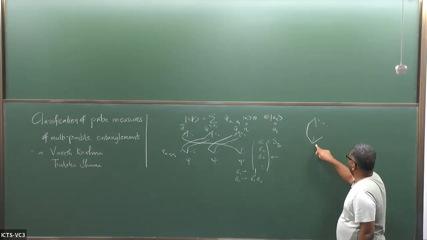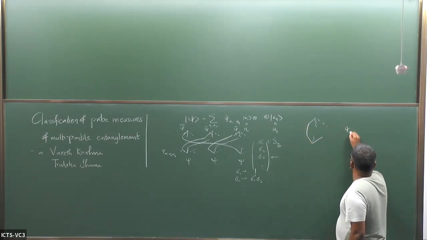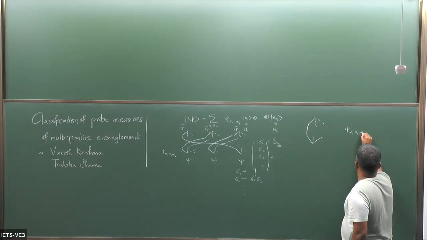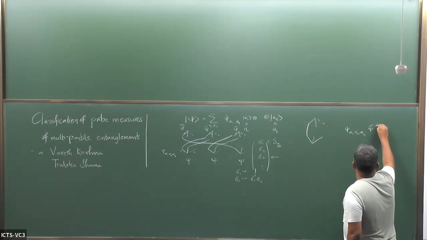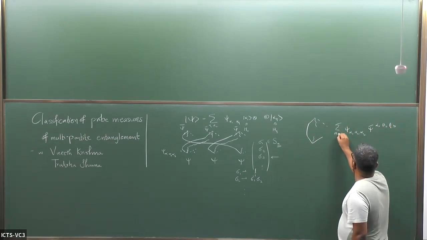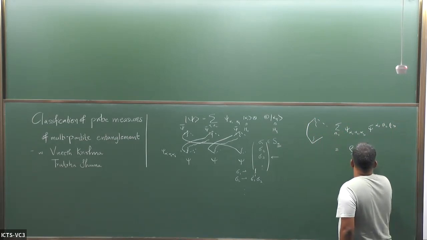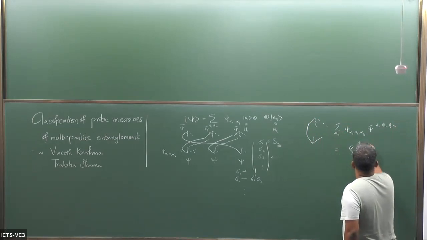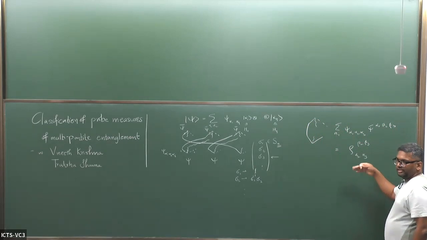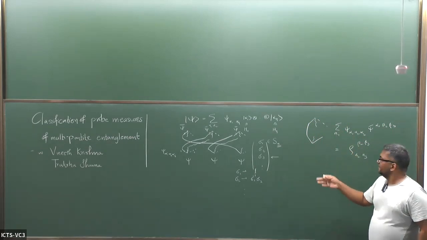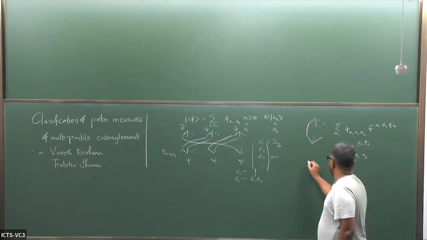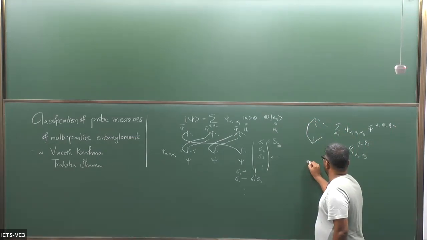So what I have is psi alpha 1, alpha 2, alpha 3, psi bar alpha 1, beta 2, beta 3, summed over alpha 1. This is also sometimes called the density matrix, alpha 2, alpha 3, beta 2, beta 3. So this would be the density matrix on the remaining 2 parties. Okay, so you can think of this as simply some sort of a vertex with